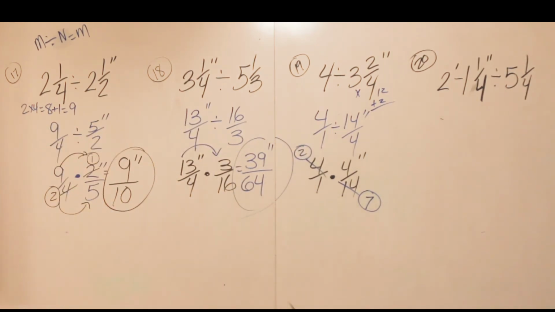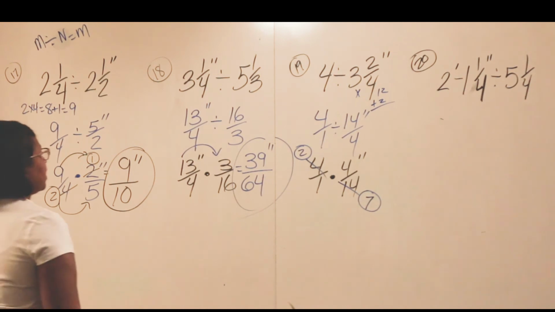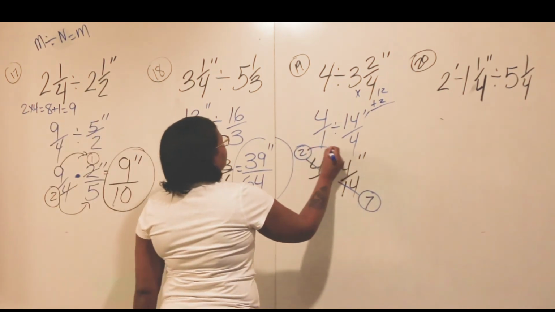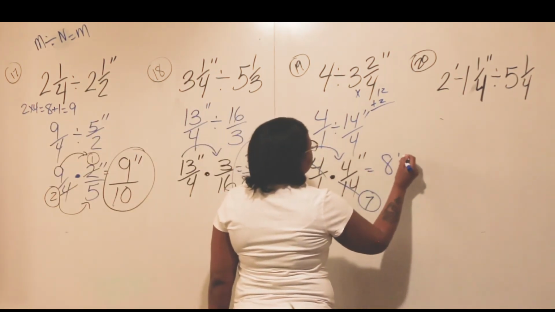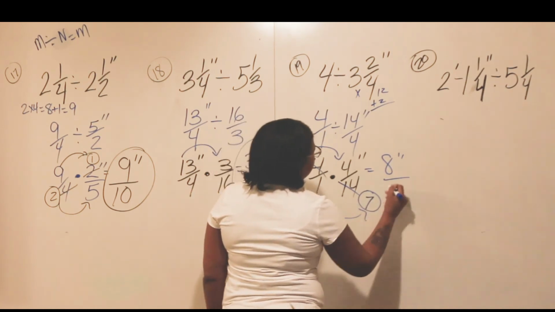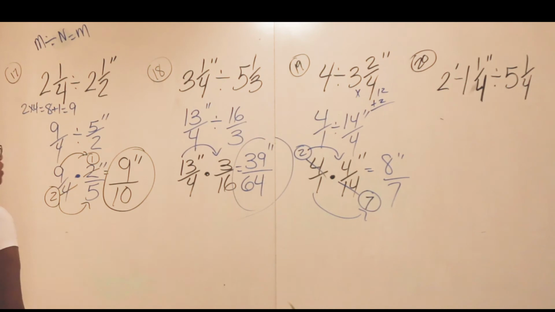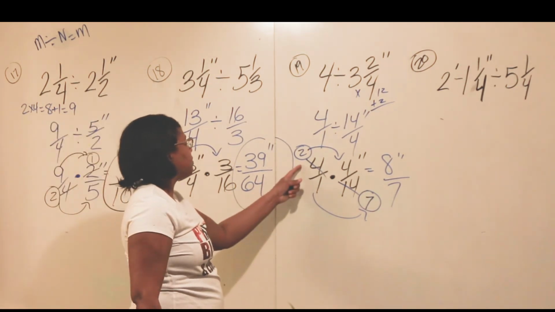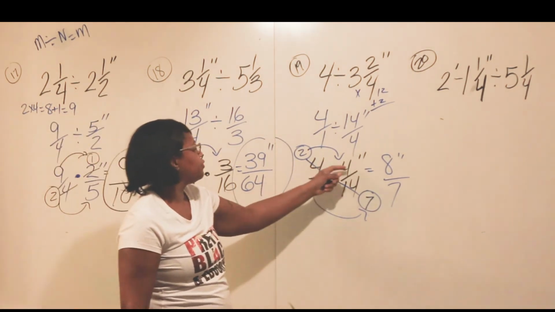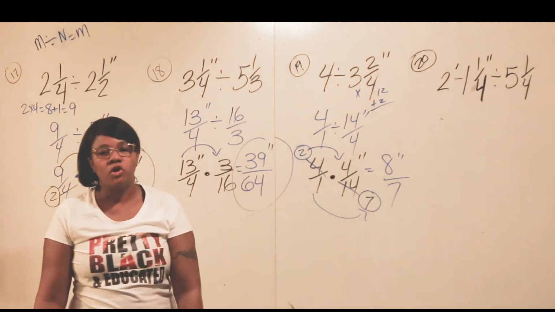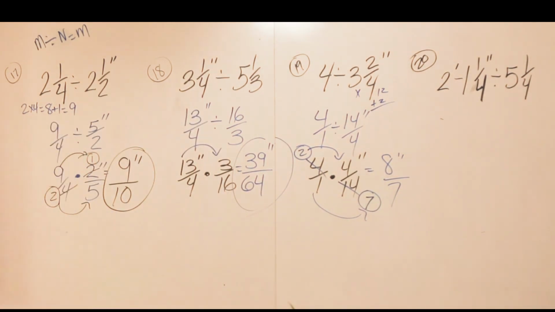Can't cross reduce anymore. So we take the numerator times the numerator. 2 times 4 is 8. Denominator times denominator. And now we have an improper fraction. If you don't cross reduce, it's no big deal. You just have bigger numbers that you're dealing with. You can take the 4 times 4 to give you 16 over 14. You reduce it to its lowest terms, you get the same answer. So 8 over 7 equals,